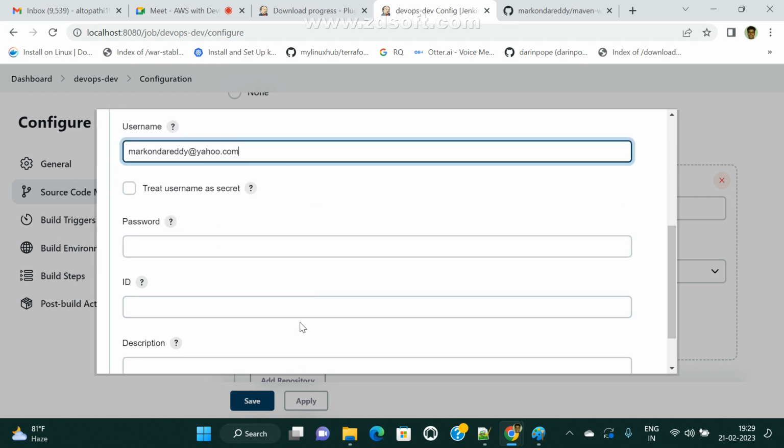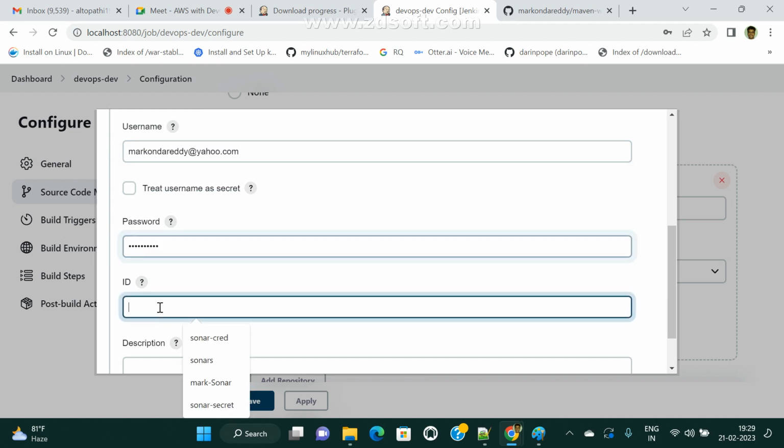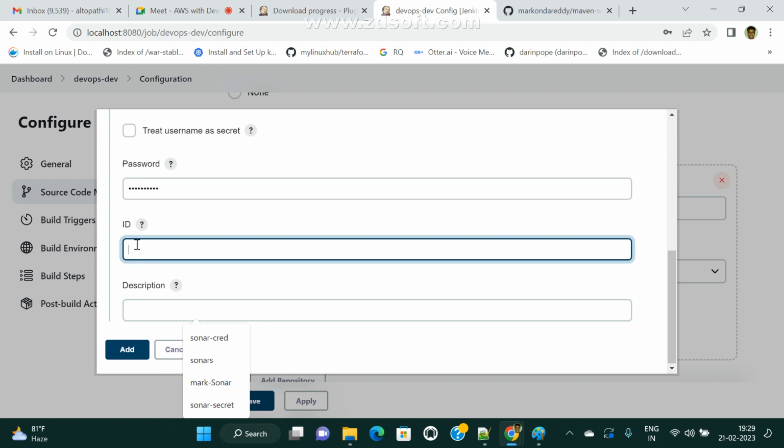This is my username and my repository password, and the ID. ID means, if you are not providing this ID, by default Jenkins itself generates one, a 40-digit ID. Anyway, I'm using the ID also. This is Git